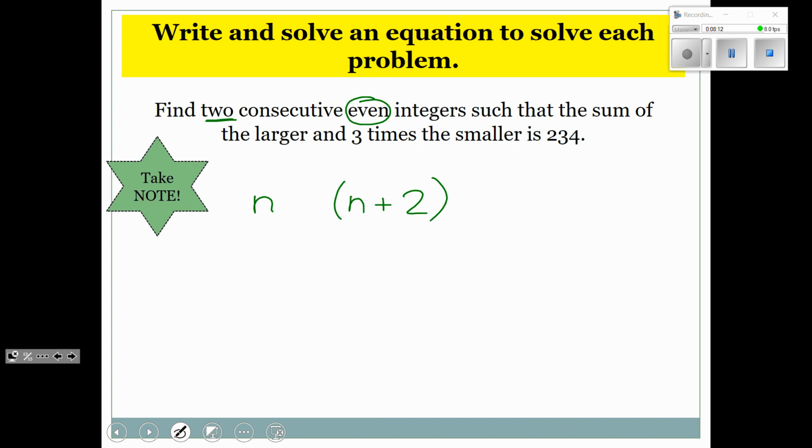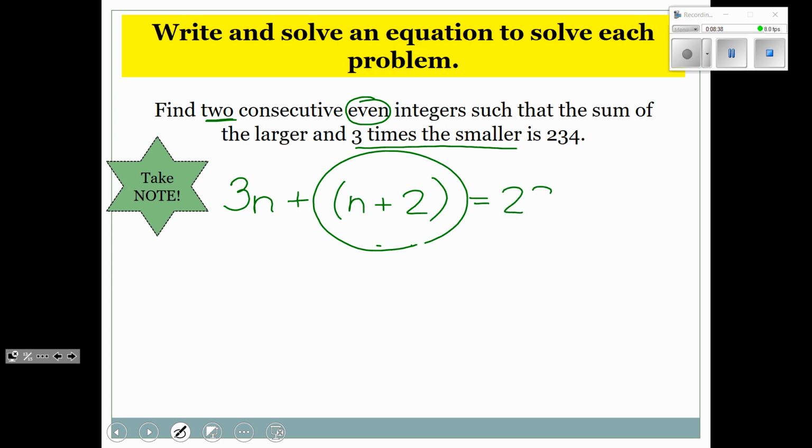Now let's see what it's asking us to do. Such that the sum tells us that we're adding, of the larger, and of course the larger number is going to be the one at the end, and 3 times the smaller. The original number is the smaller one, so we need to multiply that one times 3,